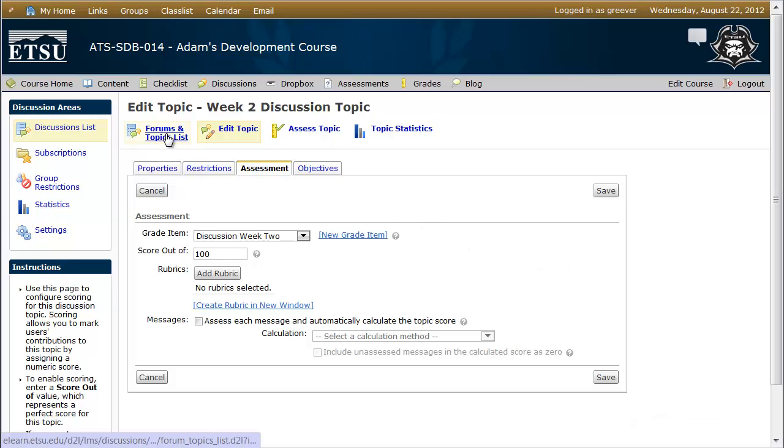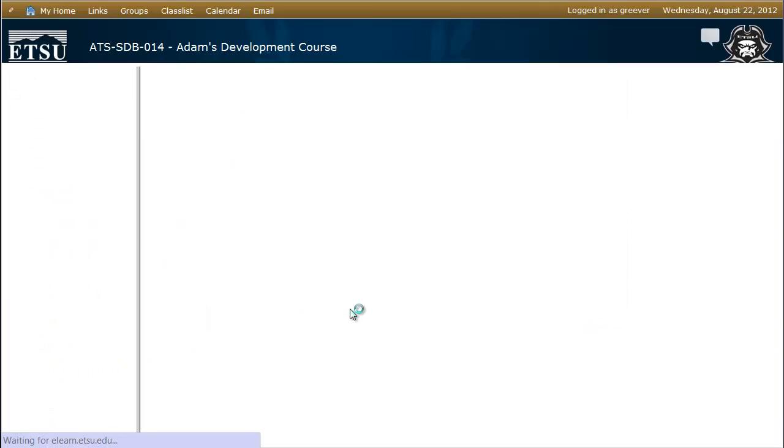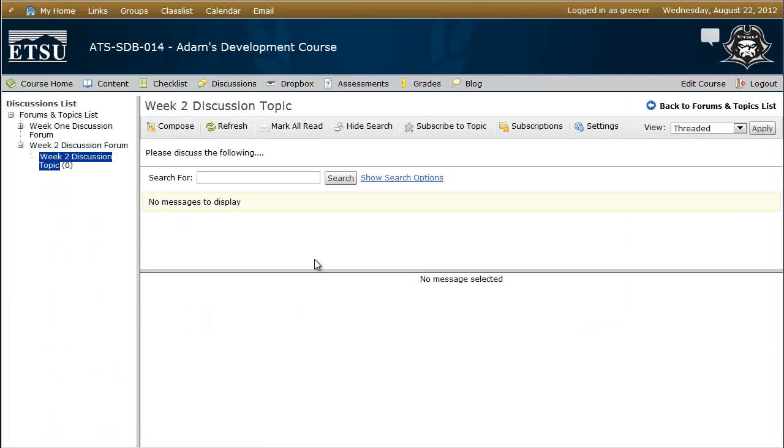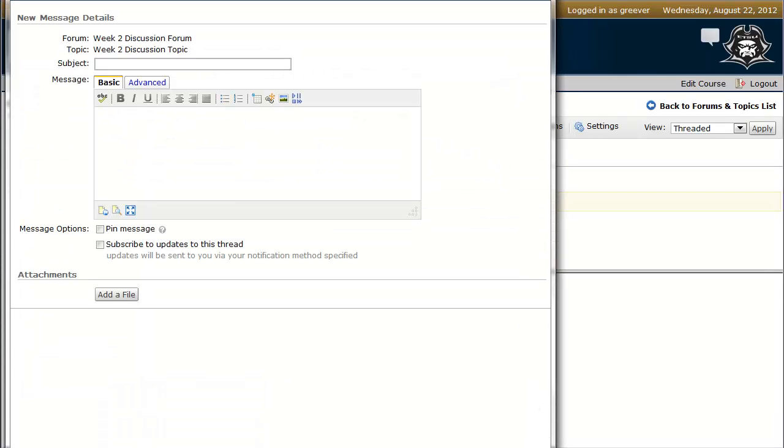Okay, so let's return back to the forums and topics list. We can now see the forum and topic that we've built. So if I enter into the discussion topic, I can show you how to actually post to the discussion board. So on the left side, we're going to see the discussions list. This is basically all the different forums and discussions in the course, and I can click this to jump between them very quickly. In this frame, I'm going to see all of the posts, including mine and students, and I can scroll down through that, and when I select one, it's actually going to display the message in this bottom frame. To post a new message, I would click the Compose button, and it's going to open a window